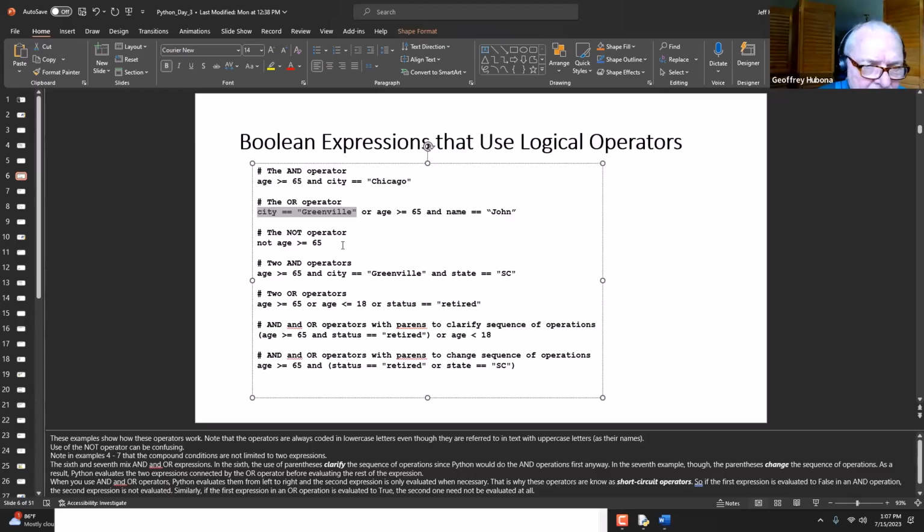The not is more complicated. And my advice is to stay away from nots because this evaluates to true if age isn't greater than or equal to 65. Or said a different way, this evaluates to false if age is greater than or equal to 65. So you may see my point here. It's confusing. You're looking at everything in reverse, so to speak. Ands and ors can be hard enough,